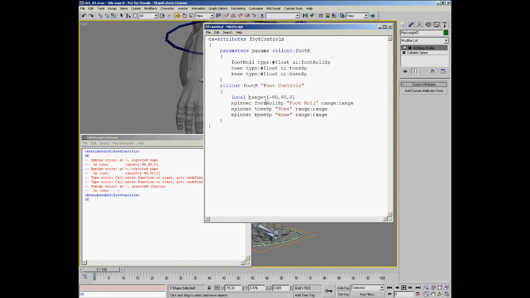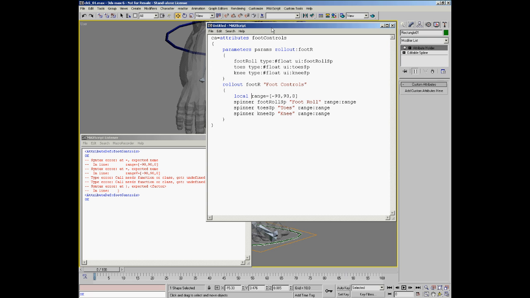Basically that made the range value global, and all of Max was trying to get access to it, and it says within a scripted custom attribute set that can't happen. So I had to declare that variable as a local variable. Now that I can evaluate this, and Control E will evaluate it, you can see that I get an attribute